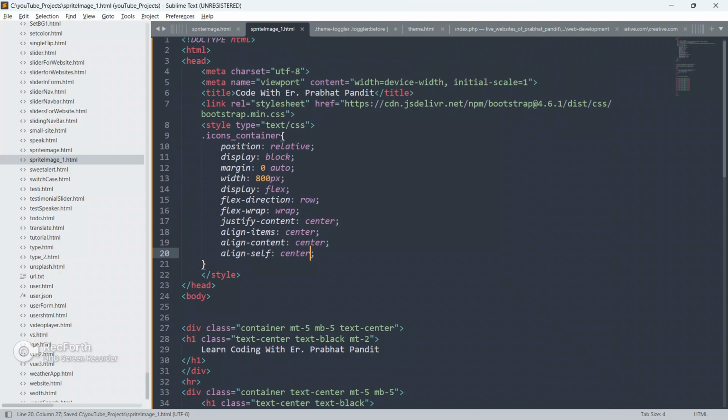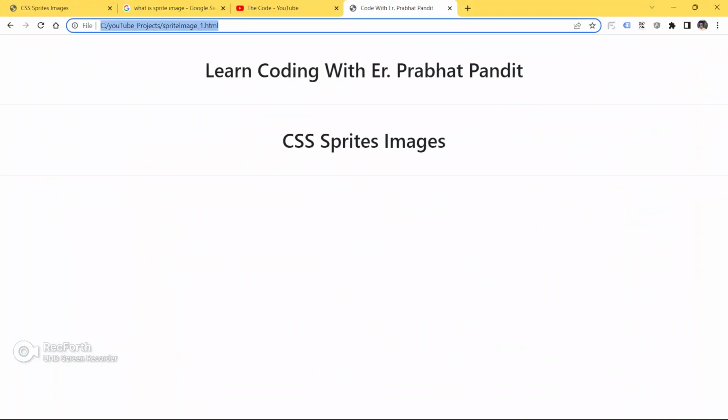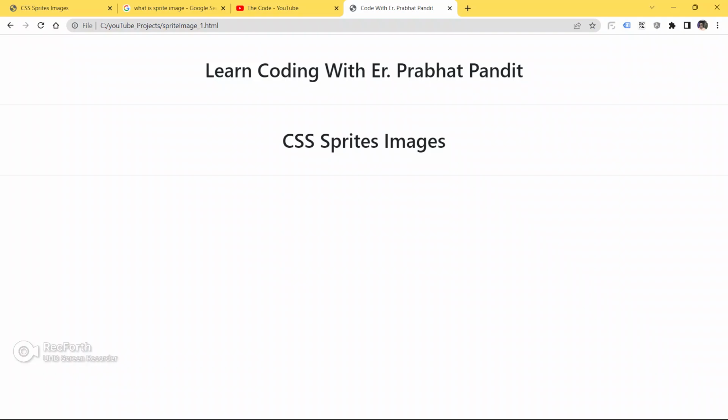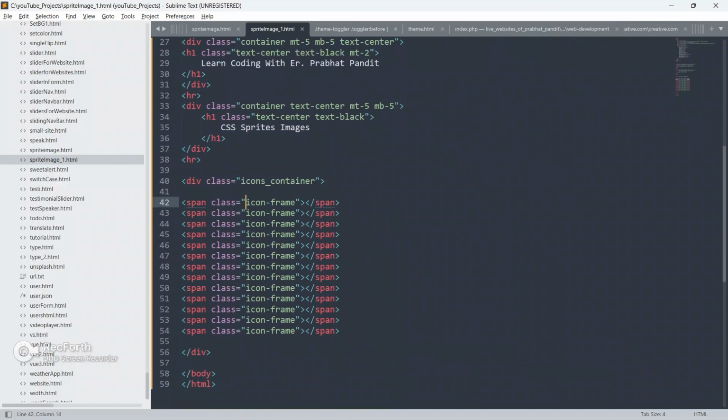Okay, so save your code, go to the browser. As of now we will be able to see no changes. Okay, so save it, refresh it now, nothing.